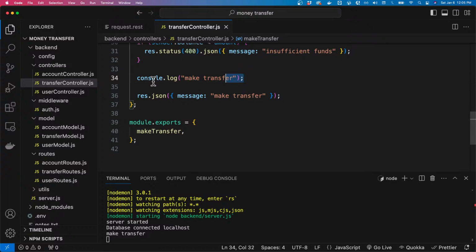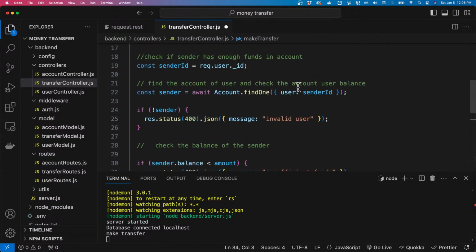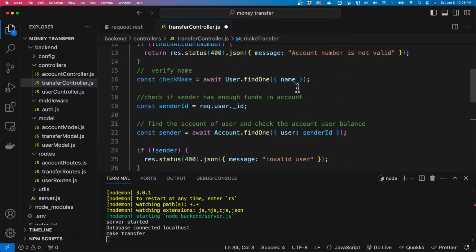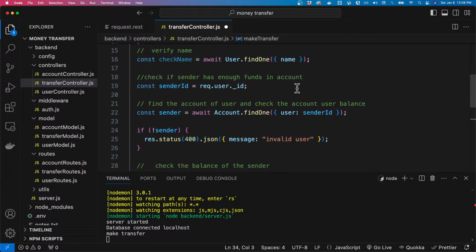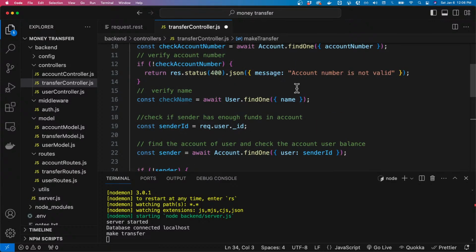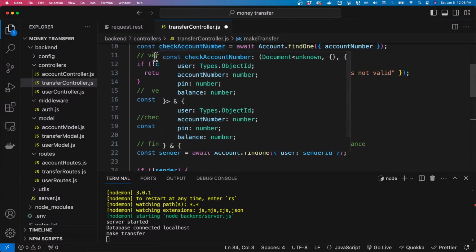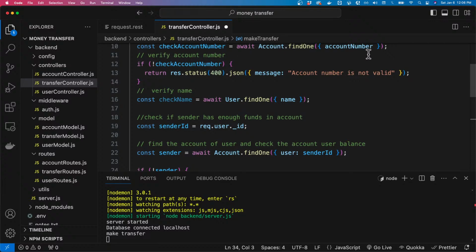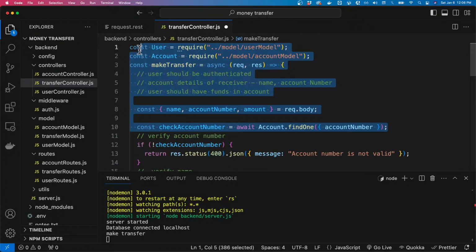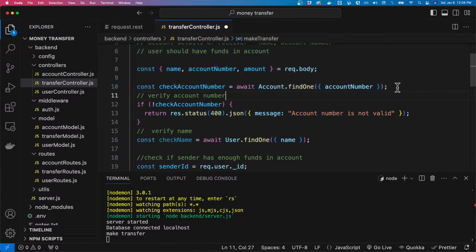Now that we have that, let's also... we've already done this, but we already have the account number here. So what I'd rather want to do is